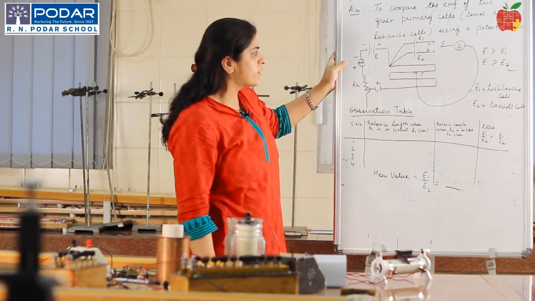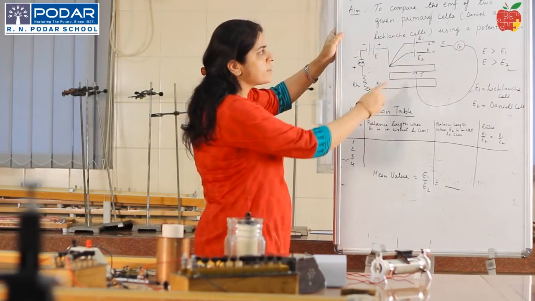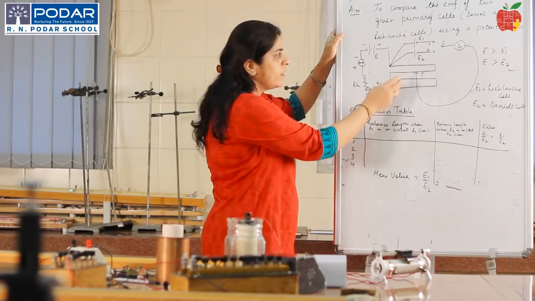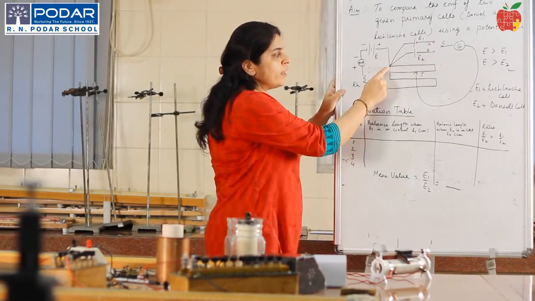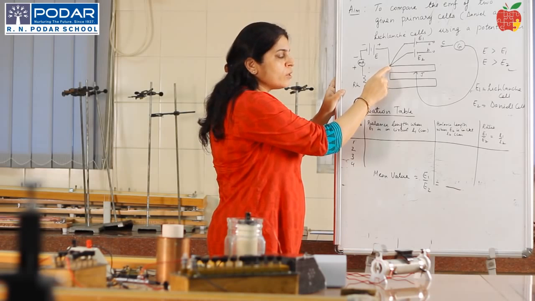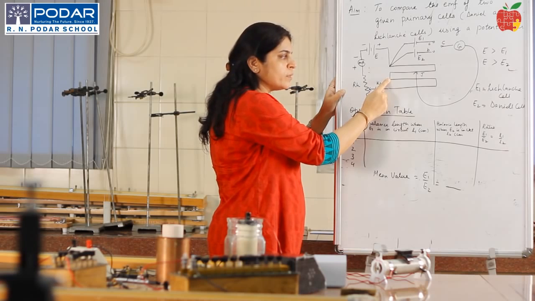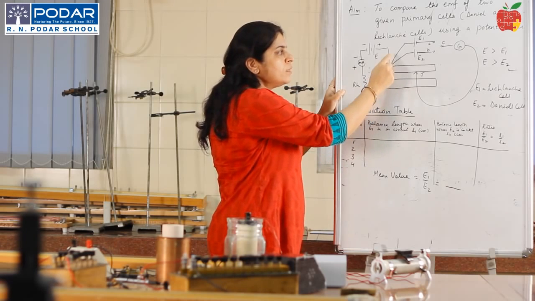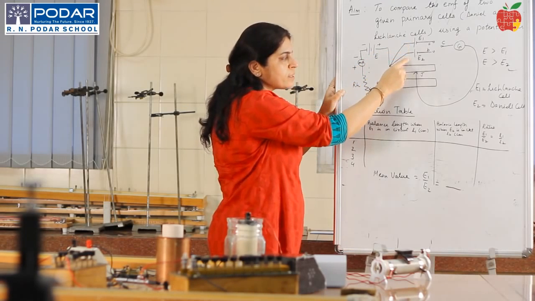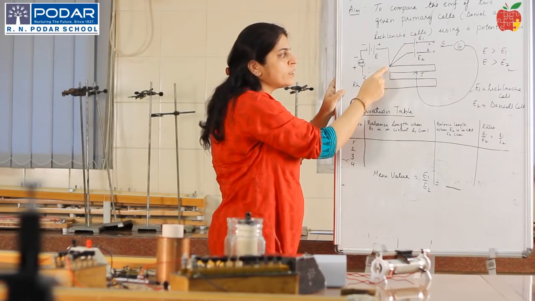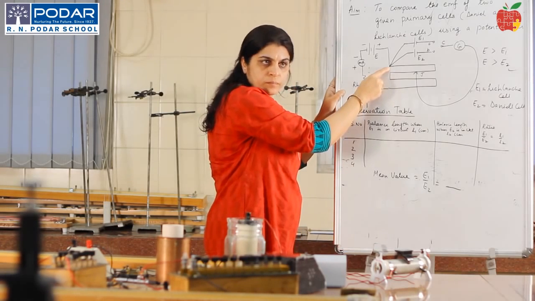As you see in the circuit diagram, E is the driving cell, E1 and E2 are the two primary cells, that is Leclanché cell and the Daniell cell, and this, can you see, is what? A potentiometer. This point A is called the initial point of the potentiometer, and this is the terminal point of a potentiometer, which is here. All the positive terminals of the driving cell and the two primary cells, that is E1 and E2, are connected to the initial terminal, that is the first terminal of the potentiometer, which is marked as 0.